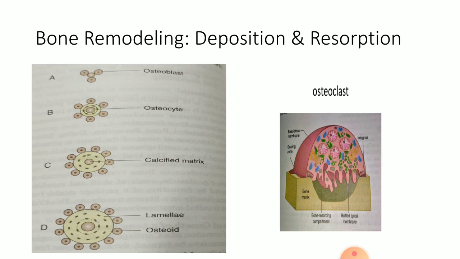Bone remodeling is done by the specific cells. Deposition is done by osteoblasts, I have already mentioned, and bone resorption is done by osteoclasts. Now their specific mode of action is different, and their influence of certain hormones also. But one thing for sure, that these two processes repair and replenish everyday wear and tear of bones, but in normal adult life there is no gross deposition or resorption occur.